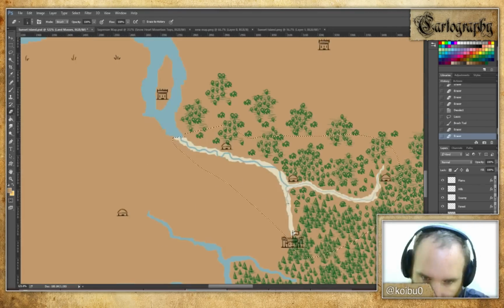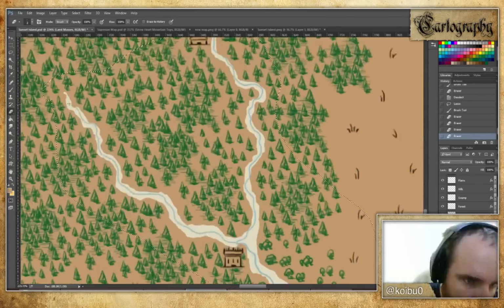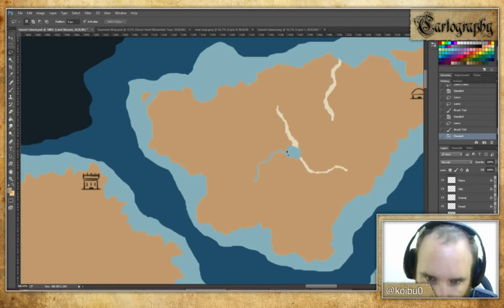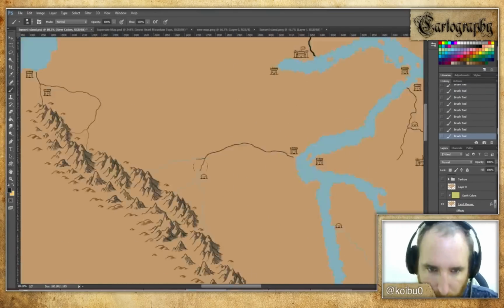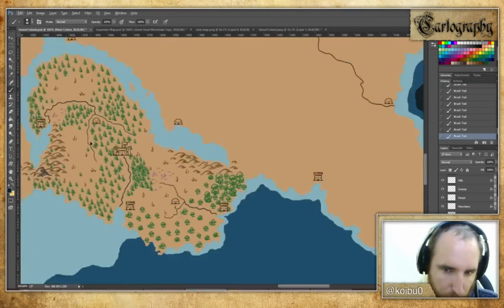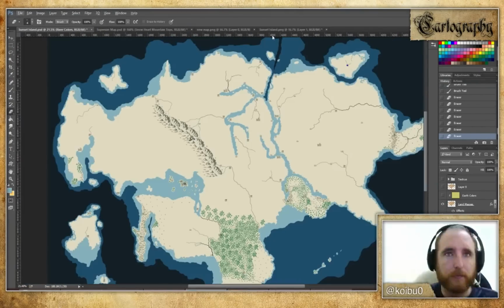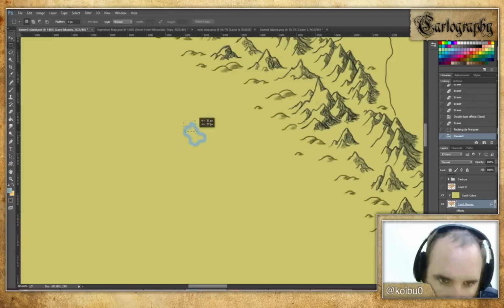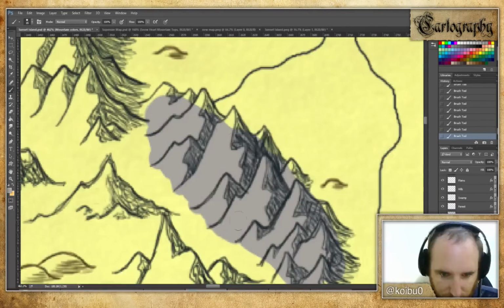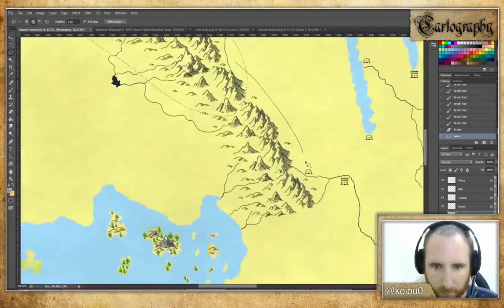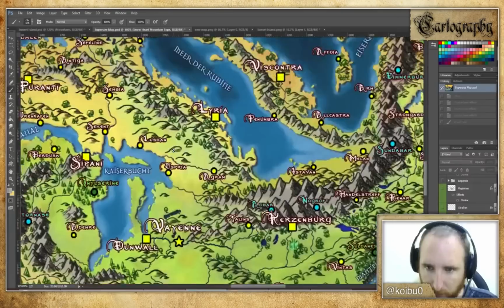So we fill in all the rivers, then we do a tiny little erase to make the rivers more visible. The rivers are about 2 pixels wide at the smallest rivers. I think the biggest one ends up having like a mouth of 5 pixels wide or something. And then we kind of play with coloration on things. We're going to add a little lake there, add a whole bunch of rivers, and we're going to color in